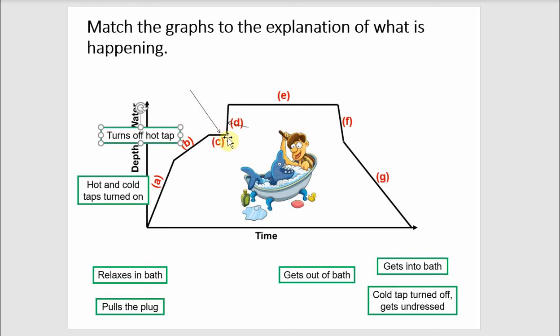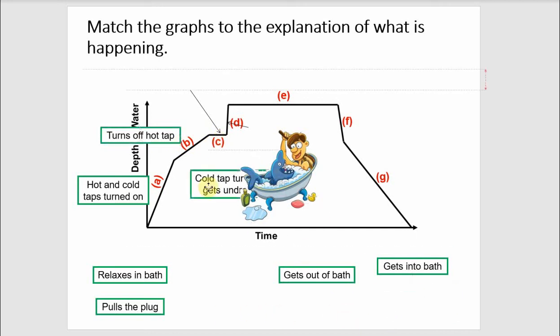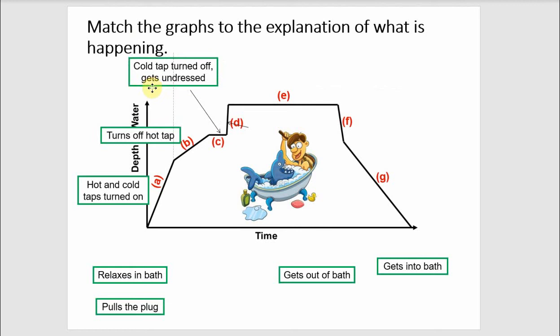So at a horizontal section of this graph, that means the depth is not getting any deeper, but some time is passing. So what do you think would be happening here? Well, what's clearly happened here is that the cold tap got turned off, so there's no taps on, and the person is getting undressed. Suddenly, the water almost instantaneously